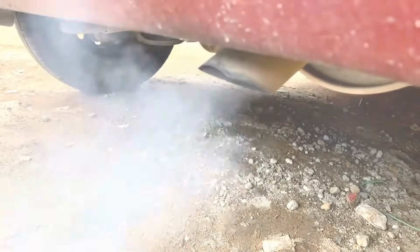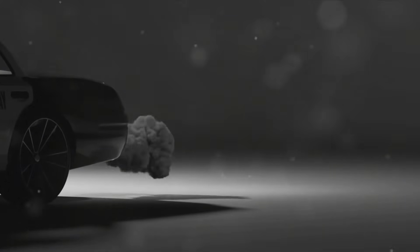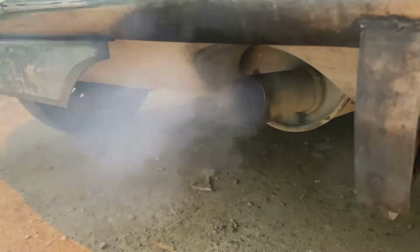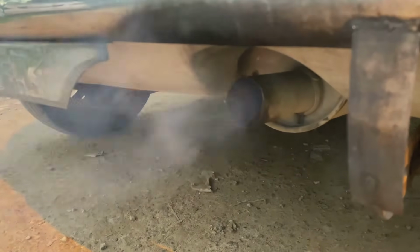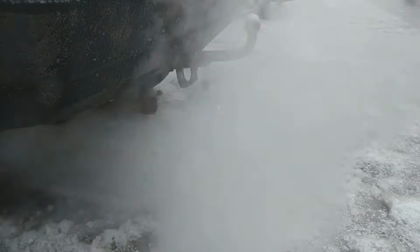If you've noticed your car emitting black smoke from the tailpipe, you're right to be concerned. An unusual exhaust color, particularly a dark one, is often a clear sign that your engine may not be operating as it should. Black smoke, to be specific, usually indicates an issue with the combustion process, and it's definitely something that requires your attention. In this video, I'll go over the most common causes of black smoke coming from your